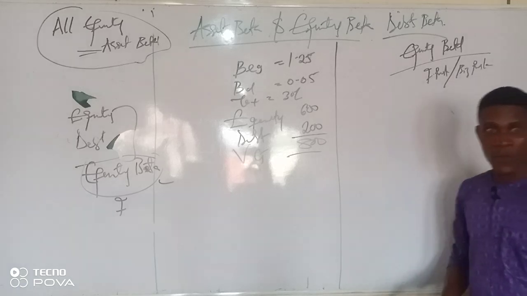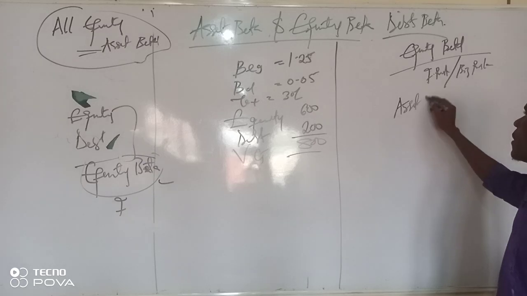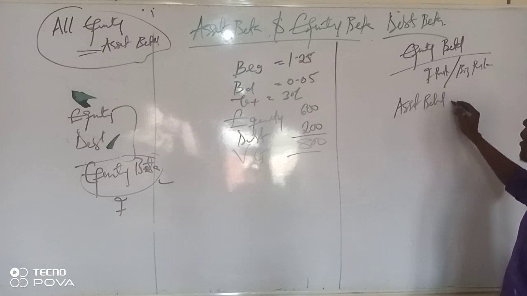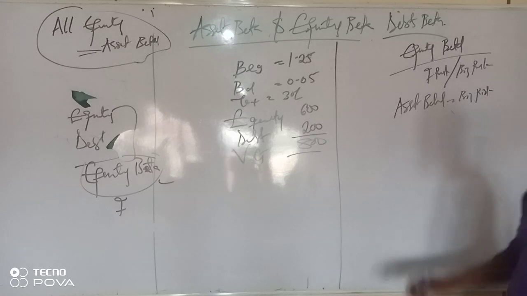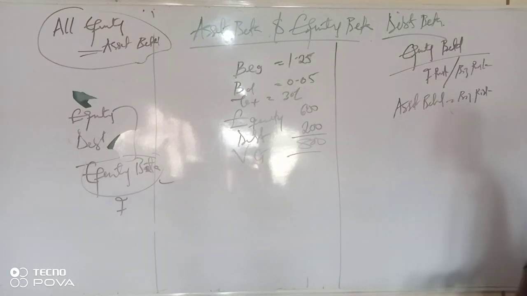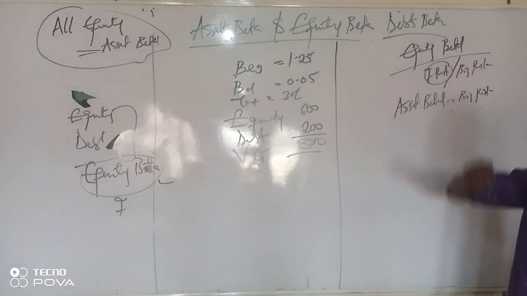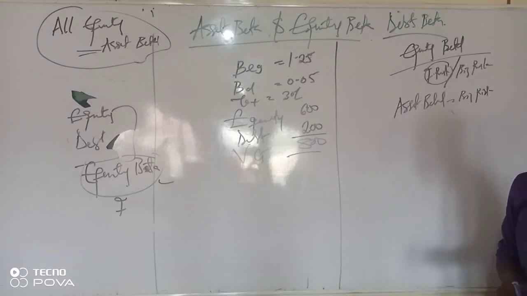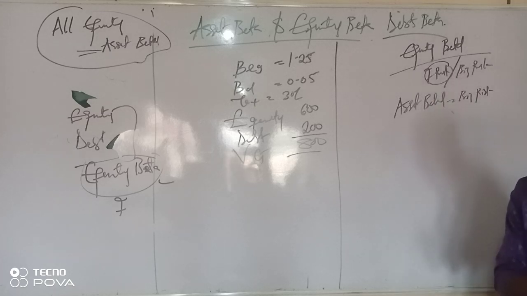That's equity beta. Asset beta measures only business risk. Sometimes when you remove financial risk out, you can also refer to it as equity beta. But in that case,